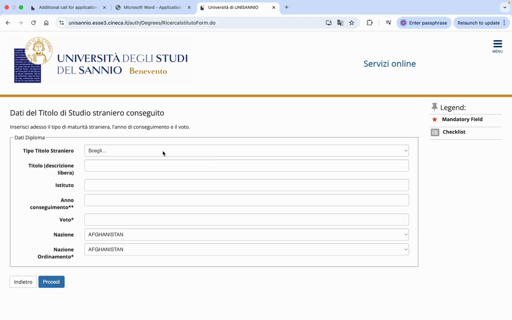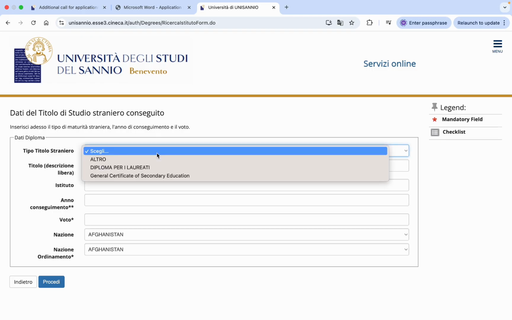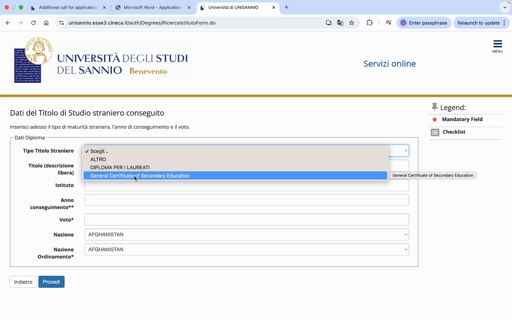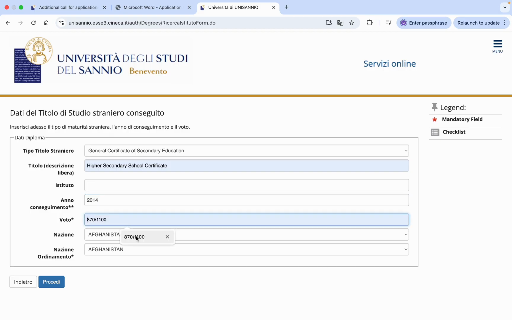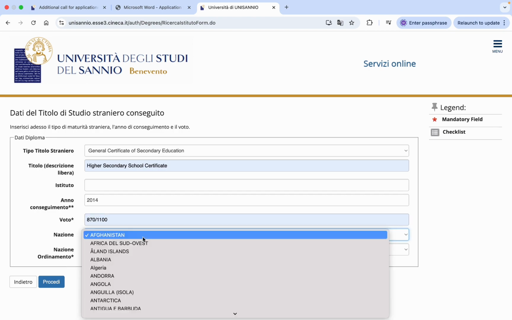And here you need to write the title of your education, so you can choose General Certificate of Secondary Education, and then here you can write the name, so let's say Higher Secondary School Certificate, and here you can write the institute name, which is not mandatory, and then the year in which you completed your higher secondary education, so let's say 2014, then the score, so let's say 1870 out of 1100,